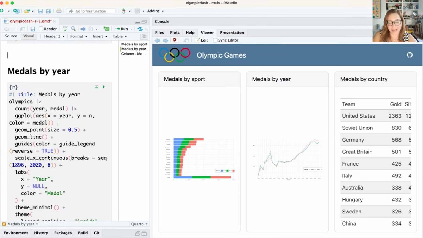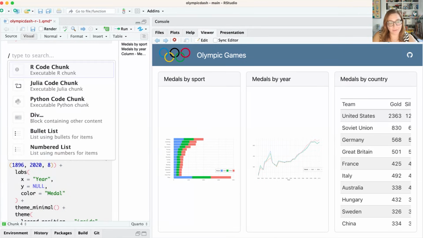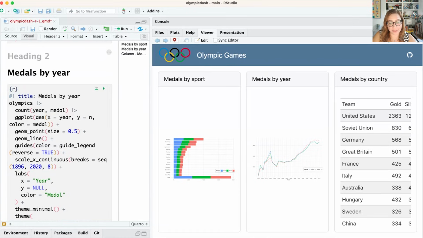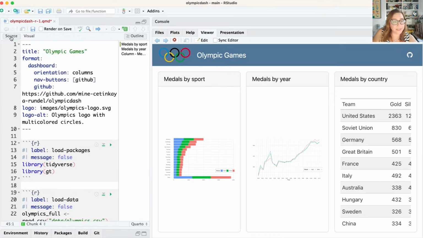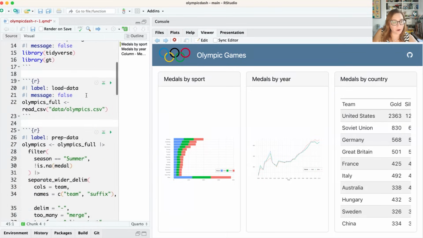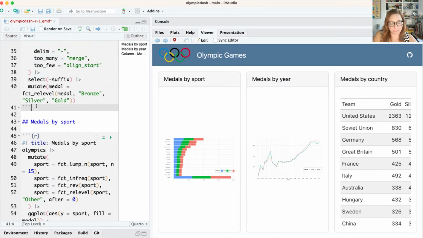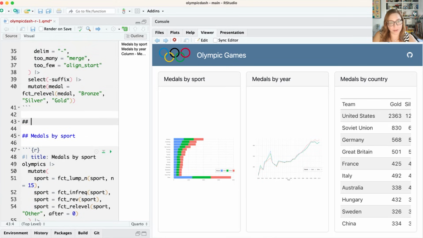I'm going to add another second level heading here. I'm using the visual editor for doing that and the insert anything tool, but if you like, you can go and type in the source editor as well. And if that's your preference, that is going to be basically adding 2 hashes. So either way is fine. And I'm going to call this column plots.